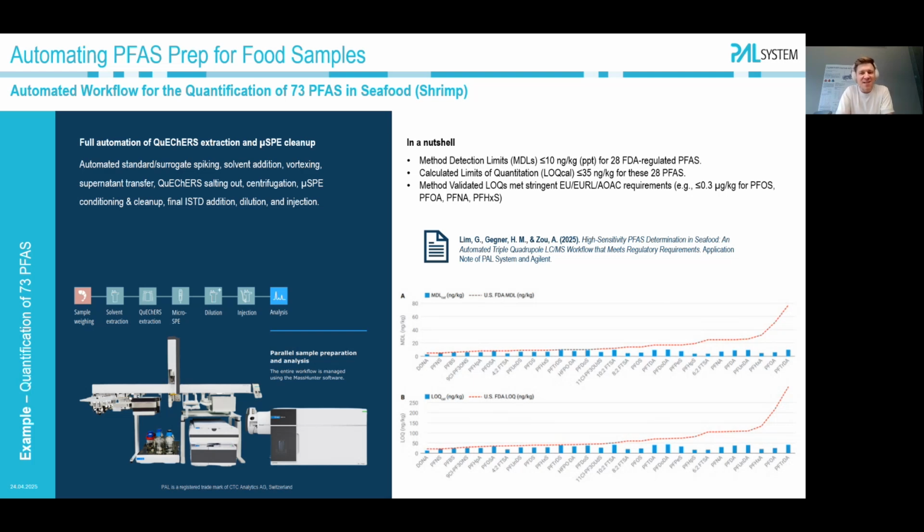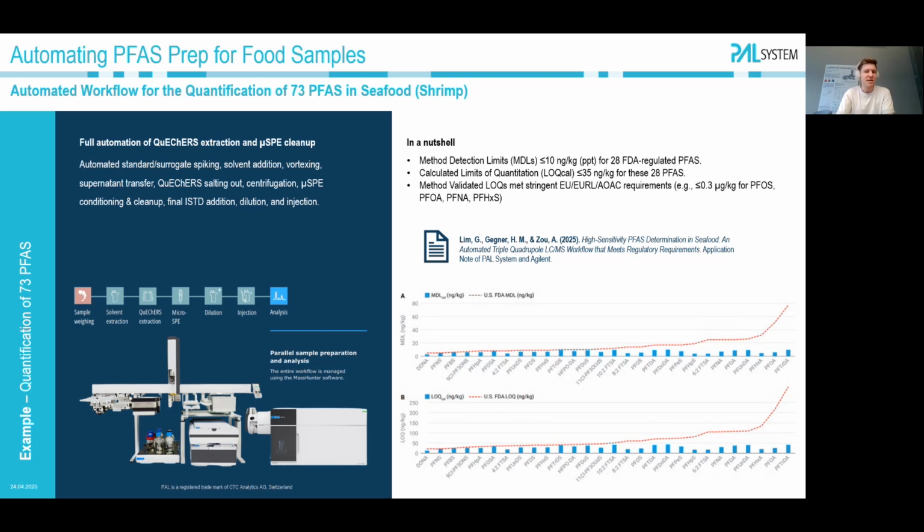Automation is great and all, but does it actually deliver? On the right side, you see in a nutshell a few numbers that I pulled from the app note. You can also see on the graph, the red line here is the FDA's analytical limits from their published method for the determination of 30 PFAS in food and feed using LCMS. You can see we're continuously below that line for our method detection limits as well as LOQs,